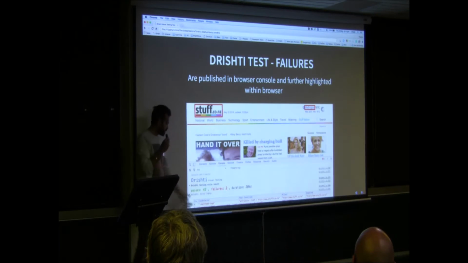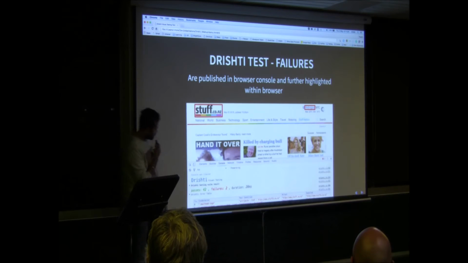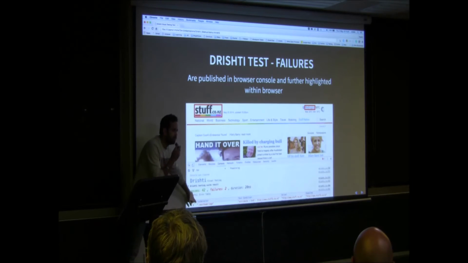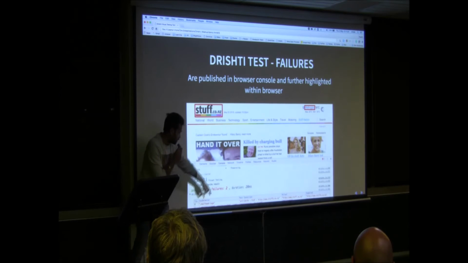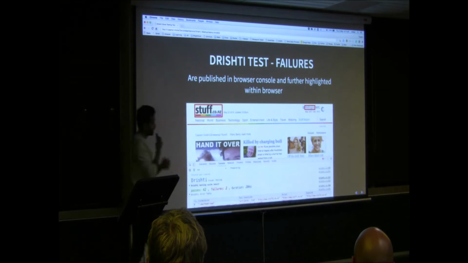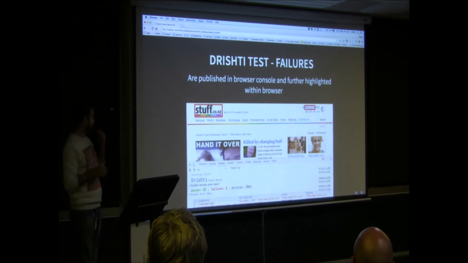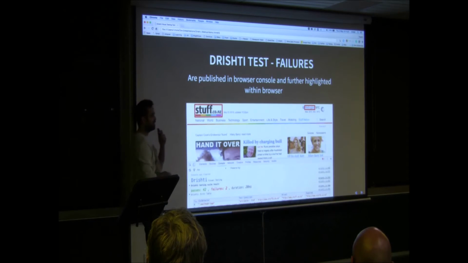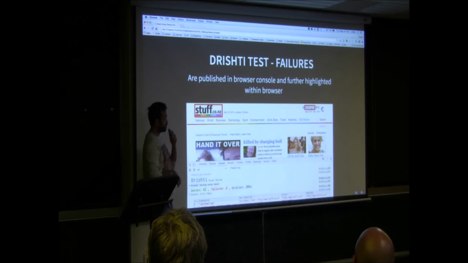So it's giving you a report directly in a table view, as well as the CSS selector: what CSS selector failed, what the condition was, what I was looking for, what was the actual, and what was the expected. So don't go to a command line interface or somewhere else, just test everything in the browser itself.